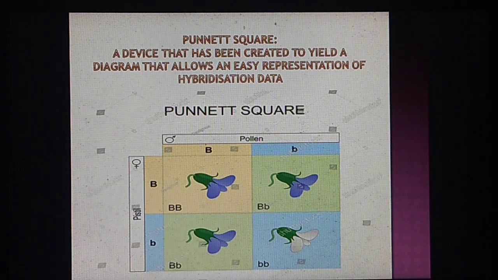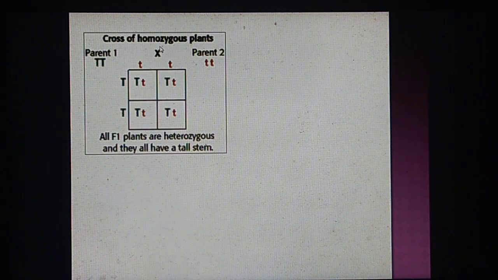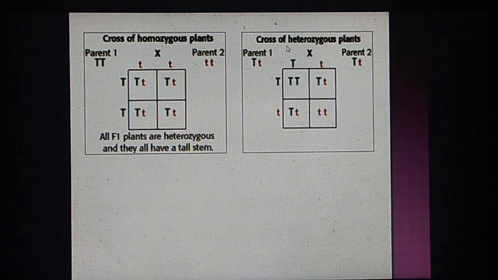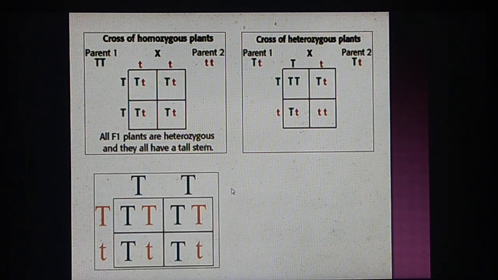So, the Punnett square can be carried out, or the cross can be made, with any particular parents. They may be heterozygous or homozygous. So, the cross may be with parents of homozygous plants. For example, here, as shown, capital T homozygous parent, small t other homozygous parent, and accordingly the Punnett square can be prepared. Similarly, a cross can be made between two heterozygous parents, capital T small t, and the other parent also capital T small t. We can also prepare a Punnett square and find out the genotypes and phenotypes.